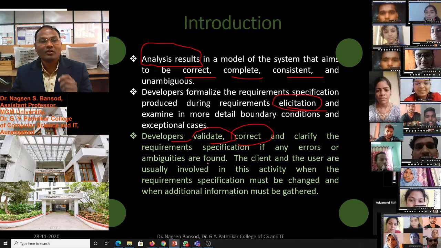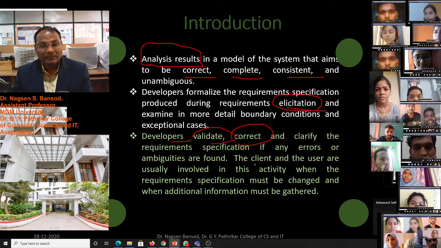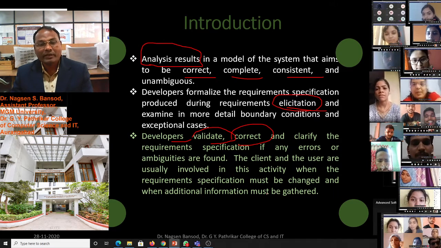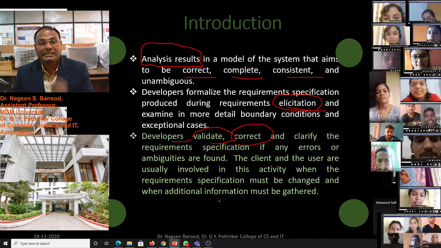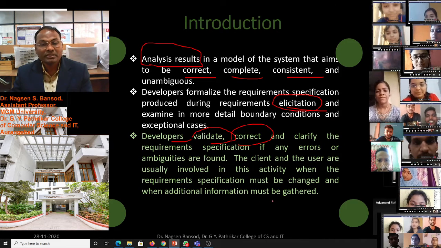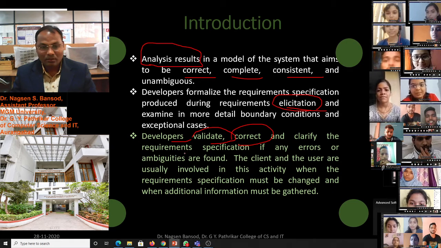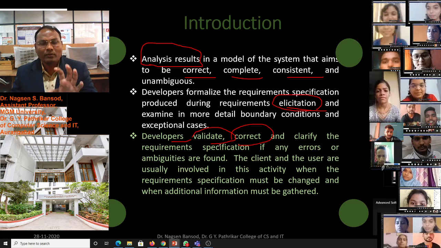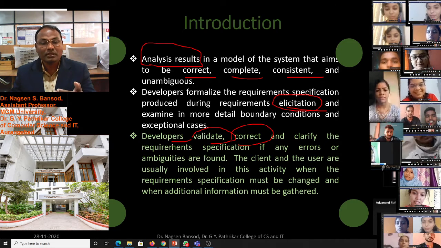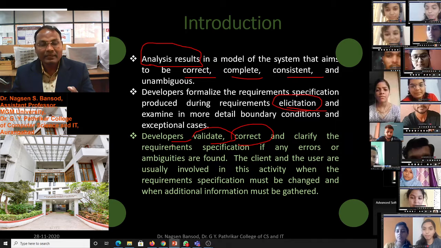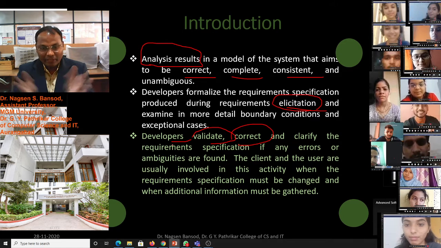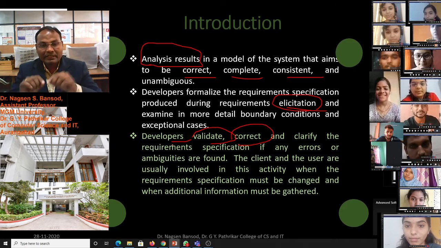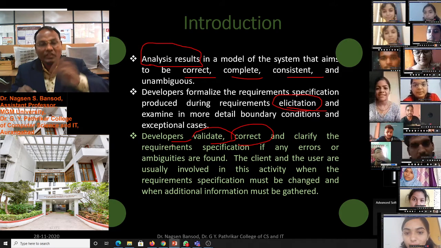If any error or ambiguities are found, the client and the user are usually involved in this activity, when the requirement specification must be changed and when additional information must be gathered. Suppose we don't have complete information as a developer, or we have some error in the information which we have collected from the user, that is not linking to each other.